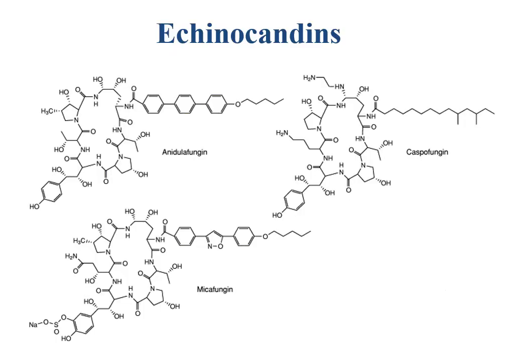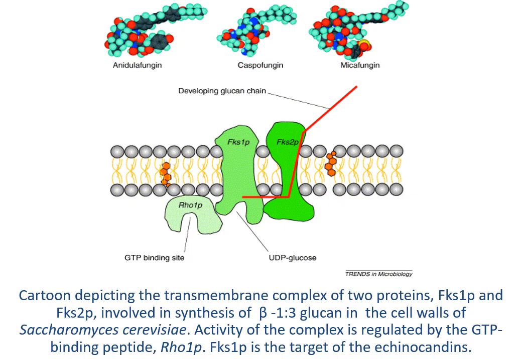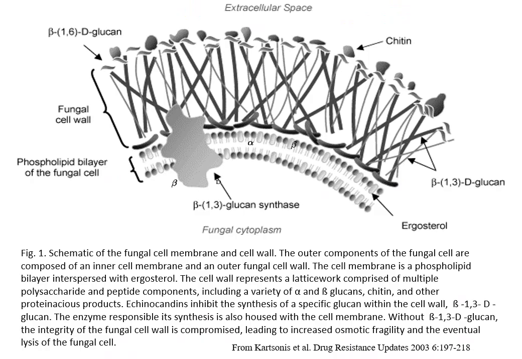The drugs include, these are the various drugs: echinocandins, caspofungin is the original drug that was synthesized. So here is the target of the drug. The enzyme that they target is in the cell membrane. It's referred to here as FKS1p and 2p. This is the enzyme that synthesizes the 1,3-glucan, which is important for the integrity of the cell wall of the fungus. Okay, when they inhibit this enzyme, you interfere with the synthesis of the cell wall, and as a result,